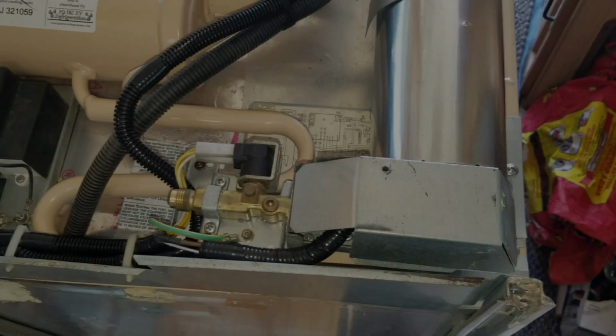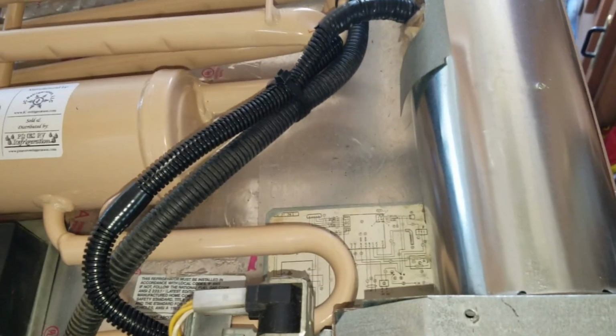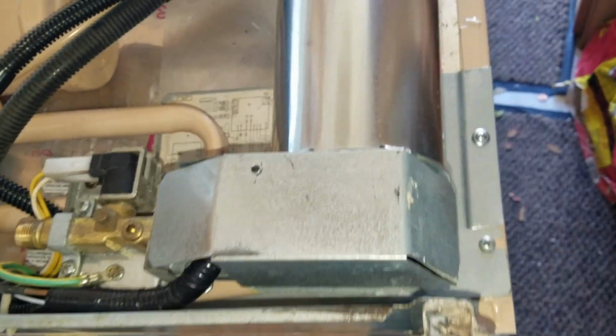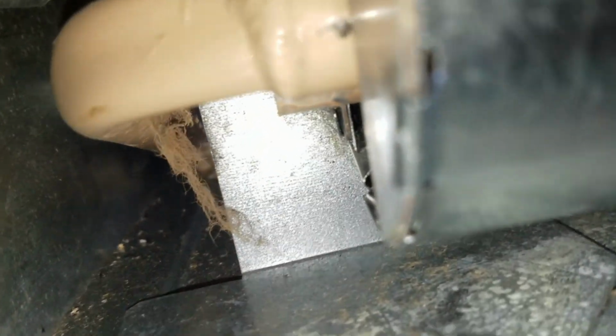All right, when you are reassembling this chimney vent stack for the burner on the fridge, you have to make sure that you get all these heat shields and cover plates back in position, and they can be kind of confusing. But so we have this one here, and then we've got that one there that goes underneath, and